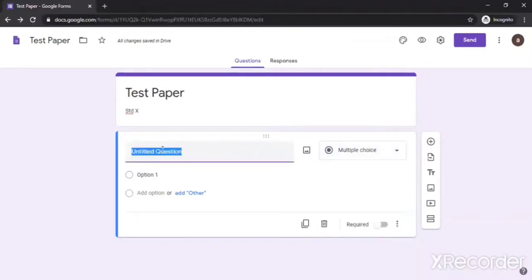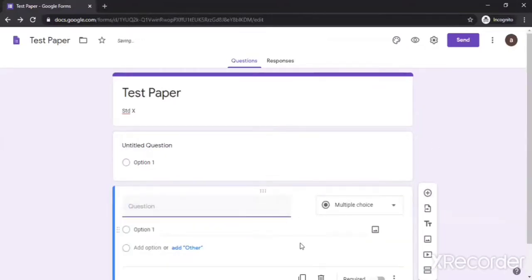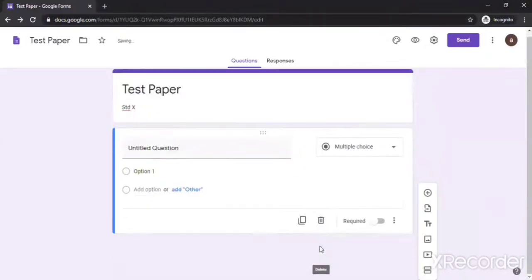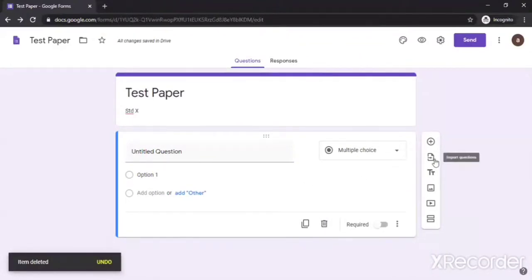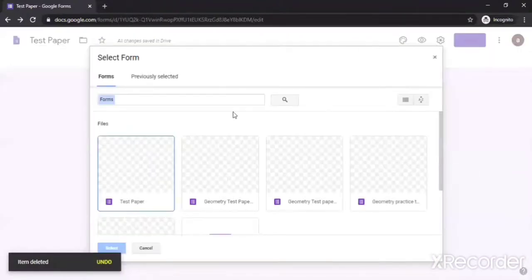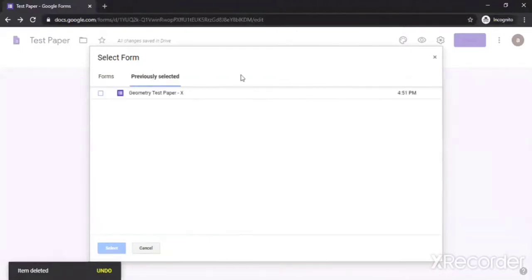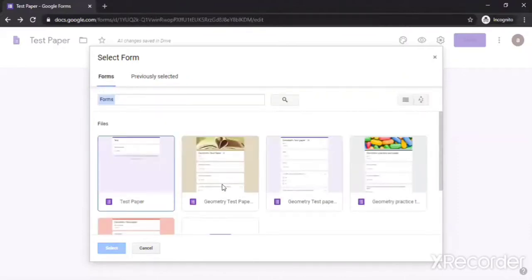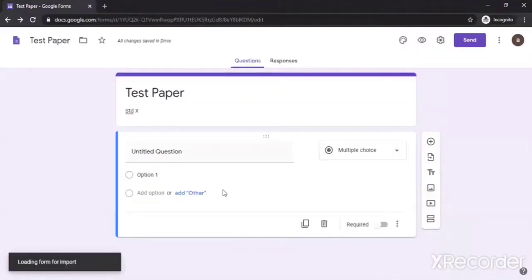Okay. Now I have some set of questions already there. I can import them from here, add questions. So to import them, I can use this. Already I have created some Google Forms and some test papers which I already have. So some of the selected questions I can take from there. So I can select the form name, for example, this one of the forms which I have is a practice paper. From there I can take a question.